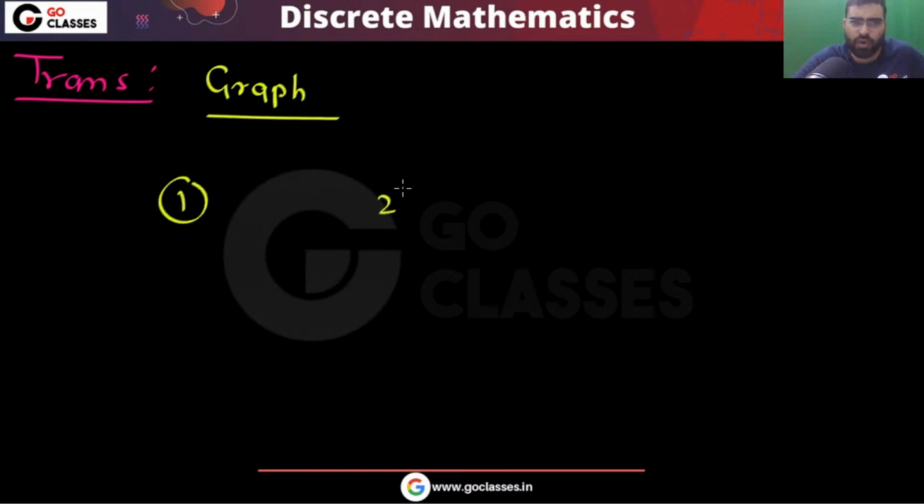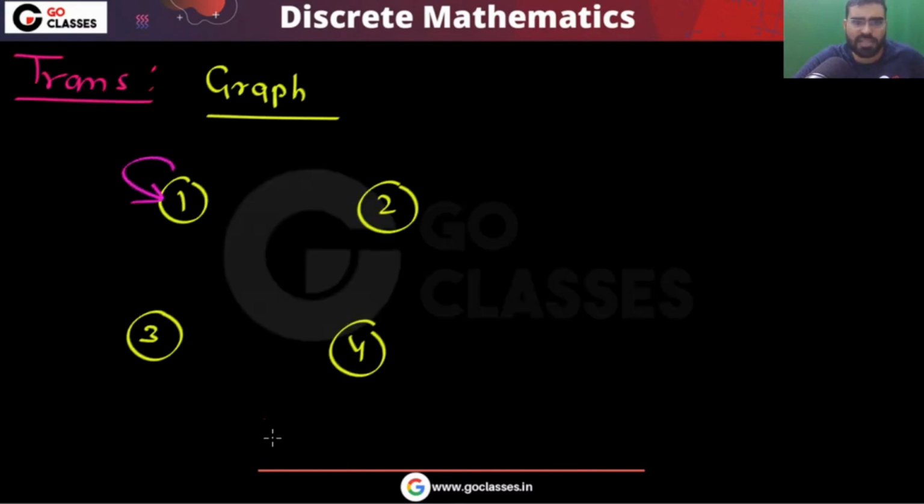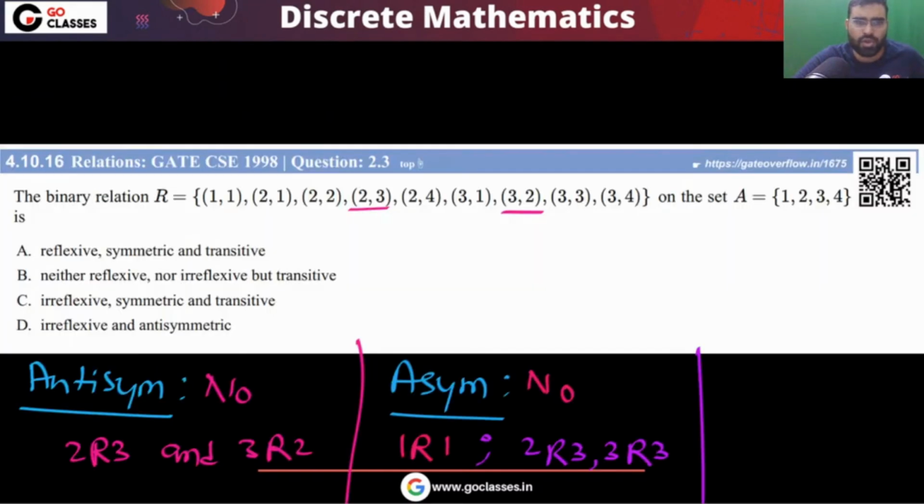Transitivity. For transitivity, you create a graph. If you want to check for transitivity, the best way is to create a graph representation. So there are 4 elements, 1, 2, 3, 4. Now you create the graph. The graph is like this. 1 is related to 1. Then 2 is related to